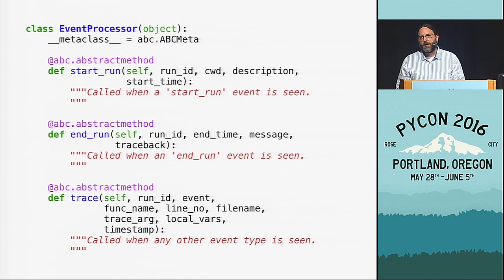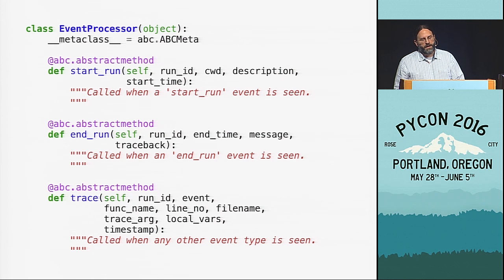It seems like a really small thing in retrospect, and it's probably obvious, but at the time it made a really big difference for me to realize that the output formatter, the database handle, and the ZeroMQ publisher all were basically doing the same three things. They needed the same three methods. So I created a base class, an abstract base class, to represent what those operations were, and refactored all of the existing code to fit into that abstract base class.